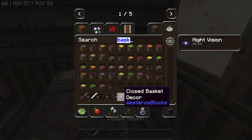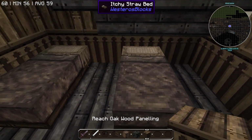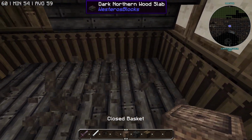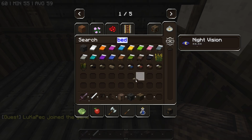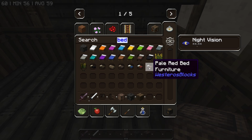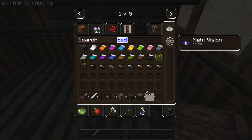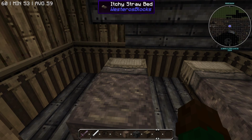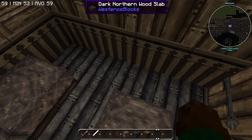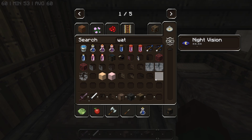But the reason why I'm placing it here is we have this cobblestone, which is, oh, I guess not. I guess it doesn't show, so maybe we don't need to put anything there. And what we could do is we can actually move those beds. Since it's an upper high class, we could go with a red bed, or maybe just an itchy straw bed for the kids, and then the parents can get a nicer green or red bed. But since we have these here, why don't we use wattle